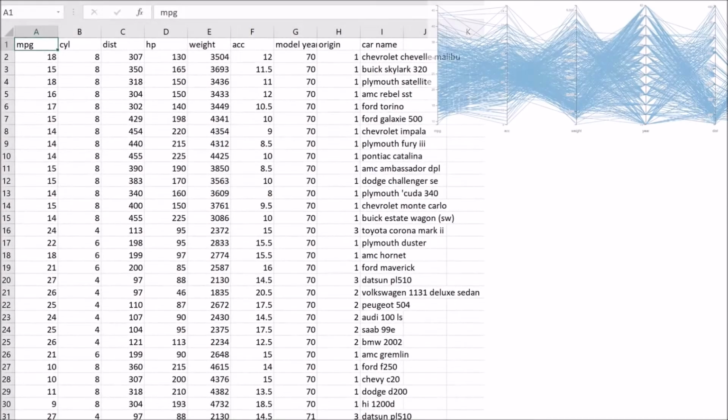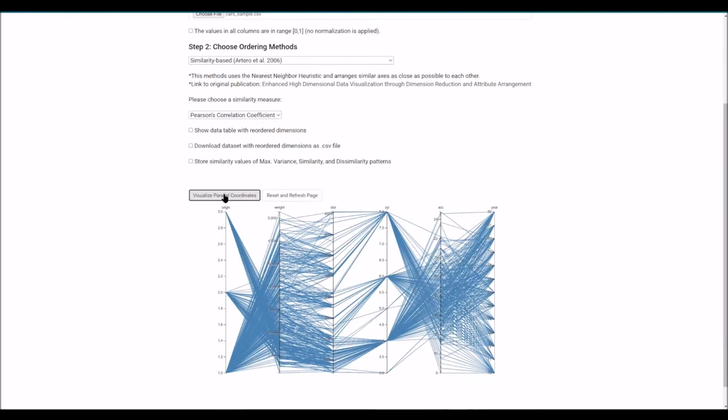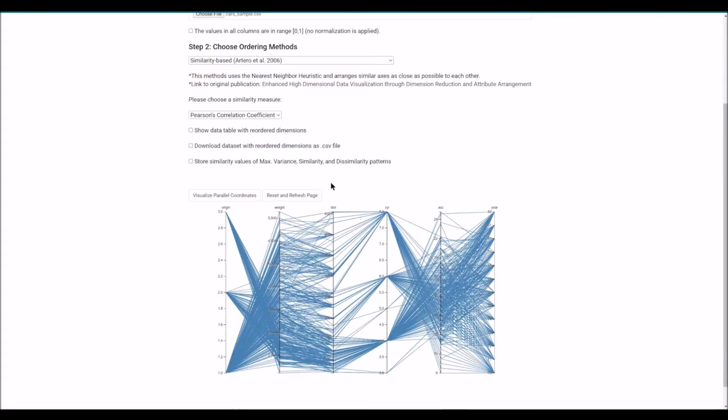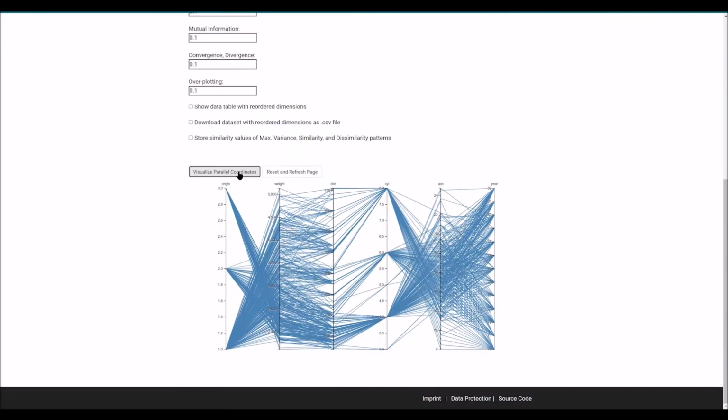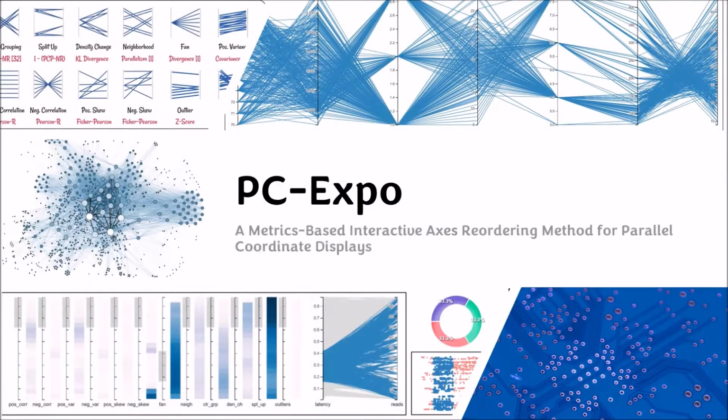Existing techniques supporting parallel coordinate axis reordering do not offer any details on how a final axis reordering was generated using these algorithms. Also, almost all of them work directly on a whole axis to calculate different metrics, and no local information is considered. Further, some of the most versatile and accurate parallel coordinate reordering techniques are usually very slow for any particular application. To alleviate these issues, in this work we present PC-Expo, a metric-based interactive axis reordering method